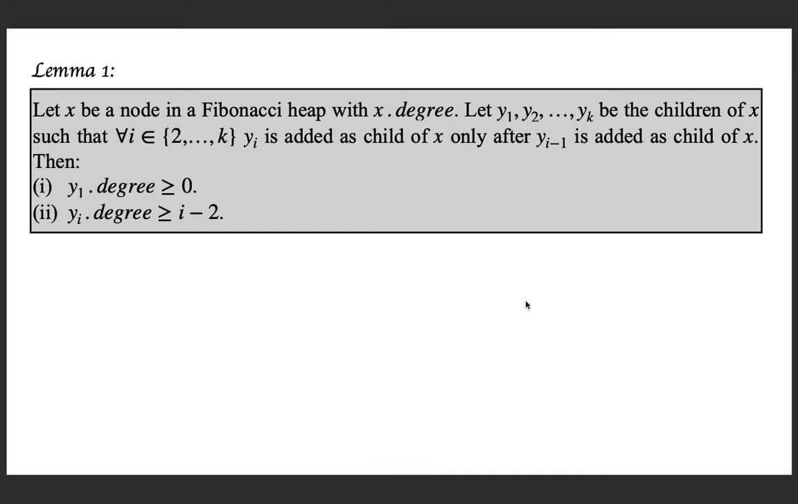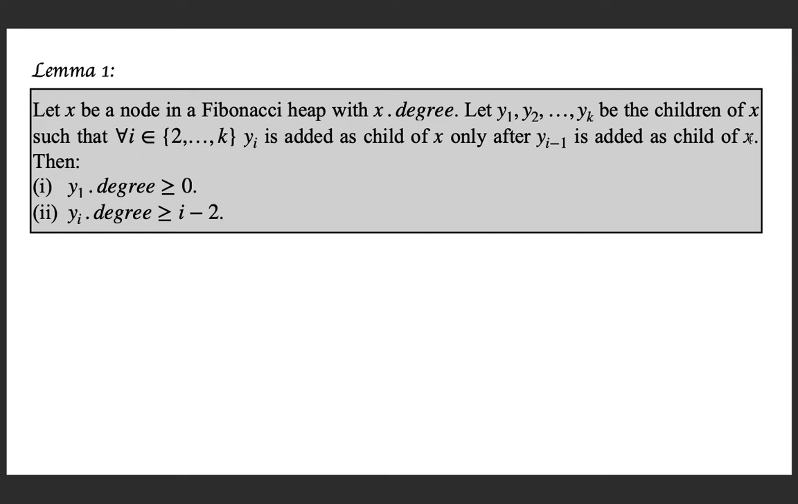And before we prove the main result, let us see what this lemma is claiming. Let x be a node in a Fibonacci heap with the degree x dot degree. That means we are looking at a node x whose degree is this value, and suppose this is k. Then k is the degree, meaning there are k child nodes, and let y1, y2, etc. yk be the children of x,